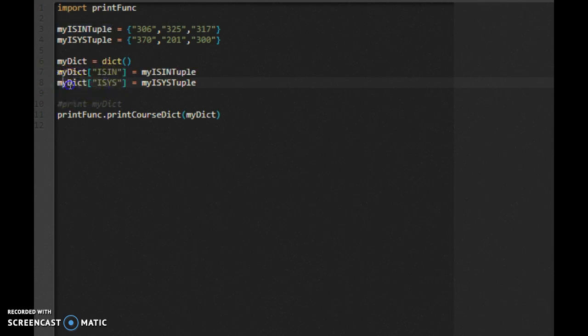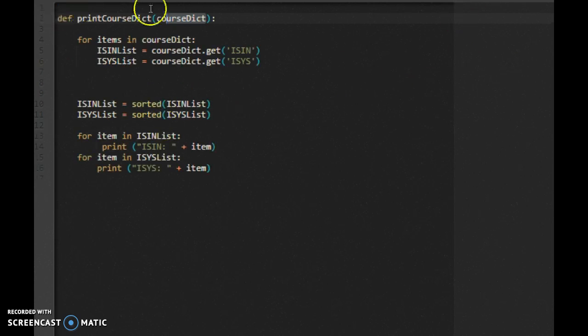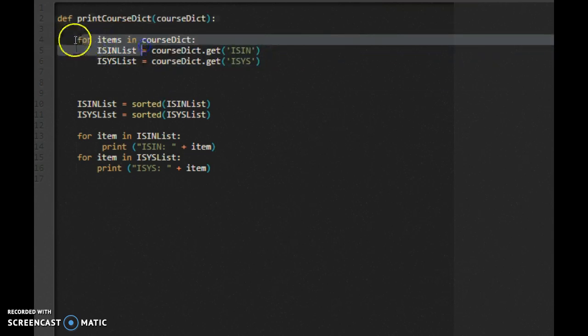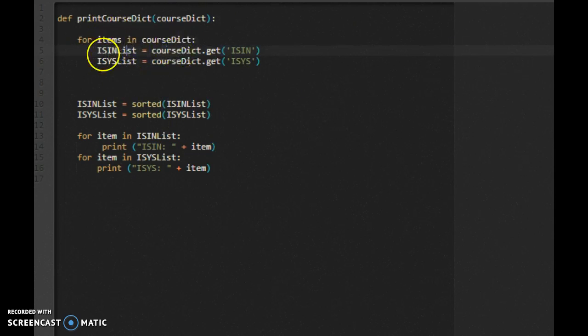And then we are doing the same thing here with ISYS, and then we are calling this print function, which takes us over here, and we are passing in for parameters the dictionary that we created in the main. And basically what we're doing right here is we are going to be iterating through the dictionary and creating two